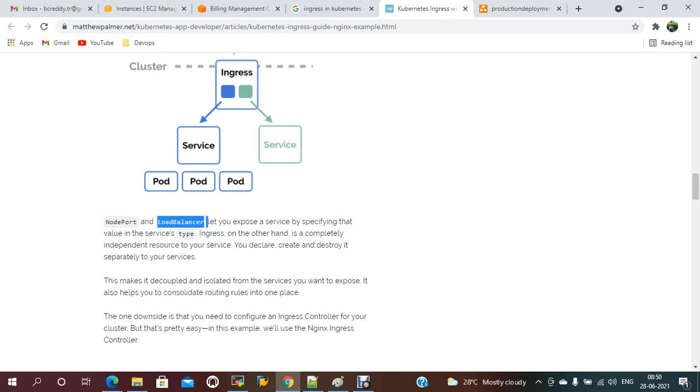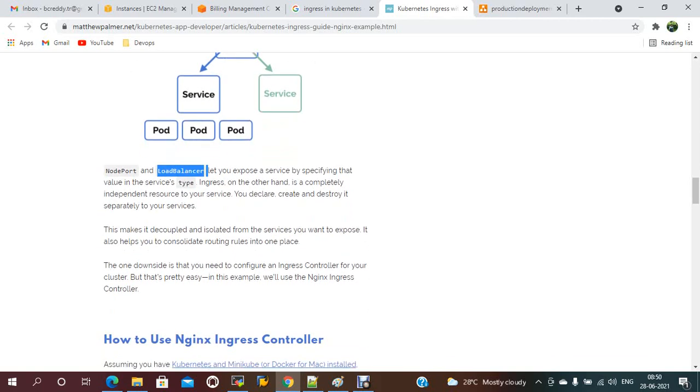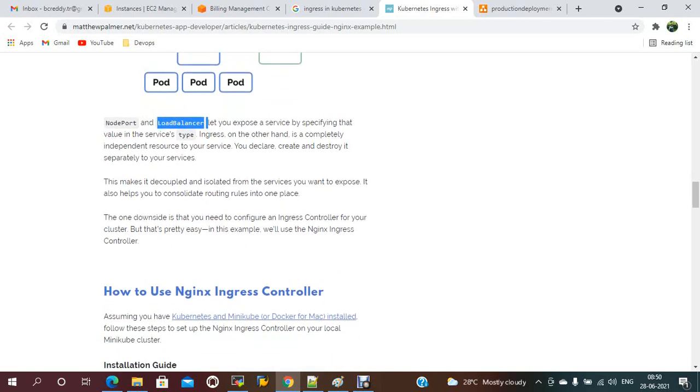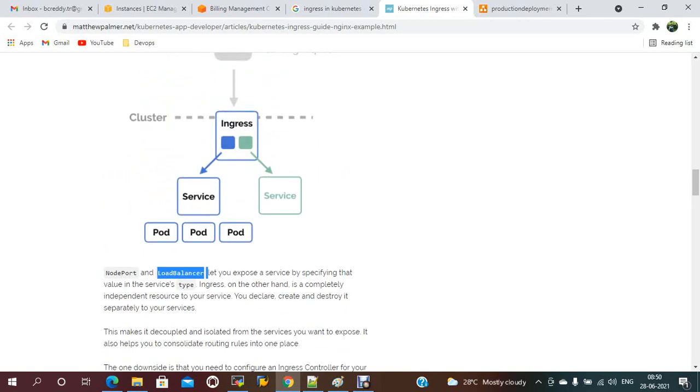You can create and destroy it separately from your services. This makes it decoupled and isolated from the service. It also helps consolidate routing rules into one place. So using Ingress, we can access separate, individual services.